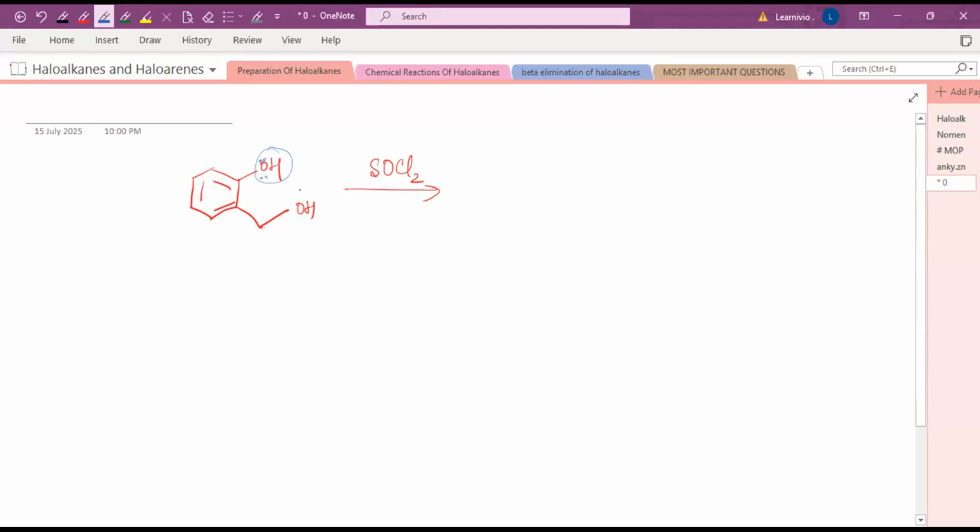तो आपका reaction कहाँ पे होगा? Obviously यहाँ पे होगा, right? So this oxygen will be removed from here, and you will get this OH as it is, right? And you will get Cl over here. This OH will be removed, and you will get Cl over here. Got it? तो यहाँ पे रिएक्शन नहीं होगा, ये दिस OH, ये काफी मुश्किल है इसे यहाँ पे से